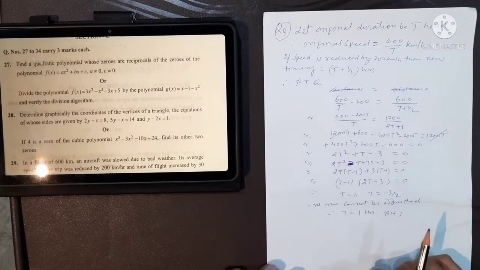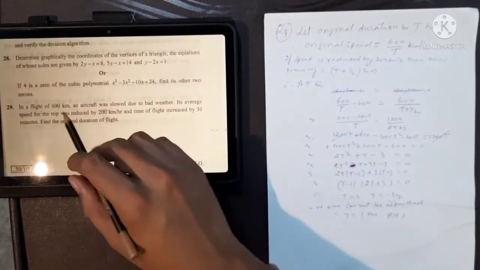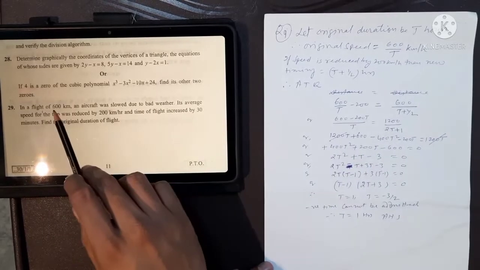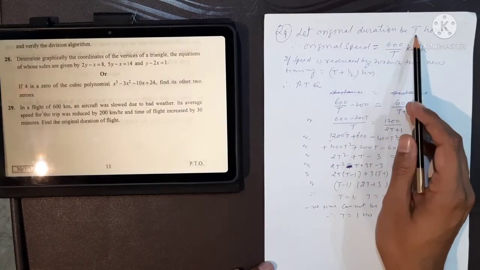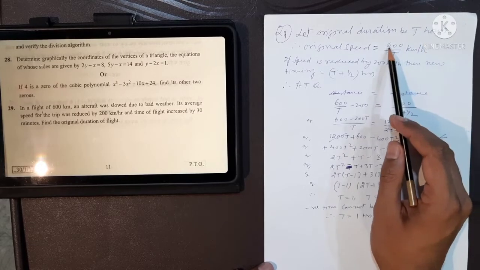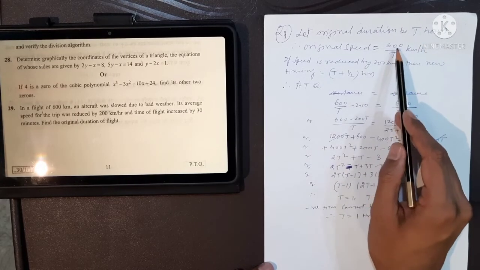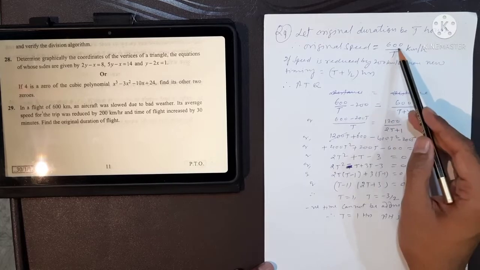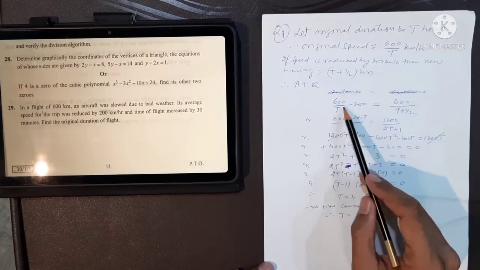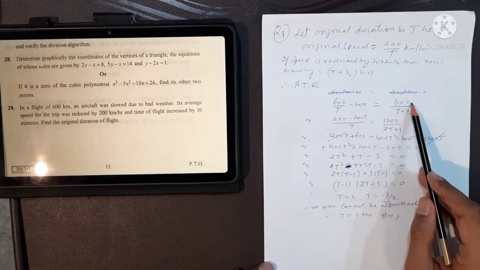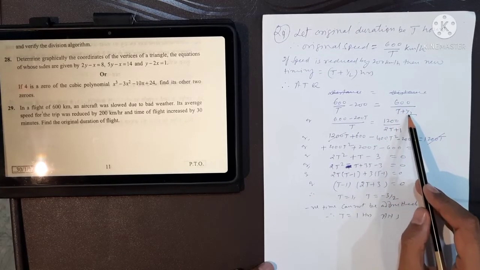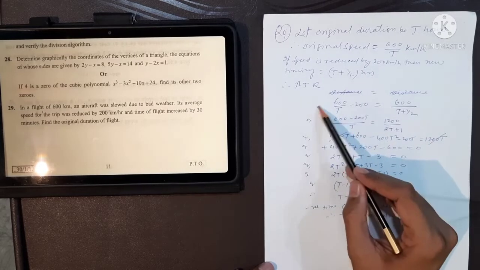For question number 29, we have the total distance of 600 kilometer. If the duration is t hours, then the speed is equal to distance upon time. So 600 by t is the original speed, and if we subtract 200 from the original speed, then we have an increased half hour in the total duration. So we have this equation,